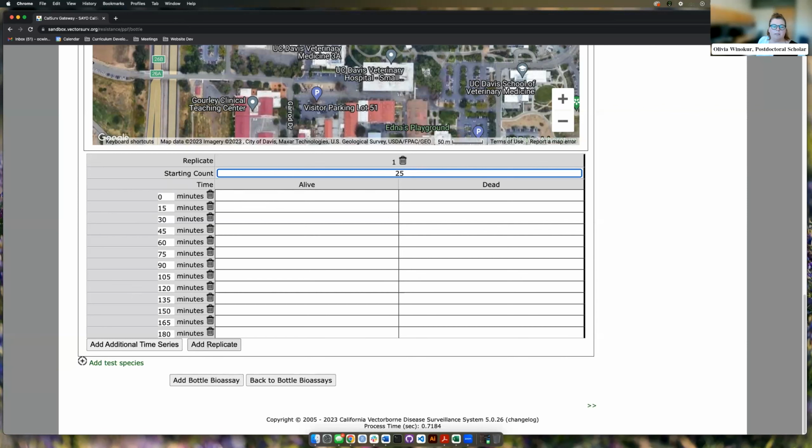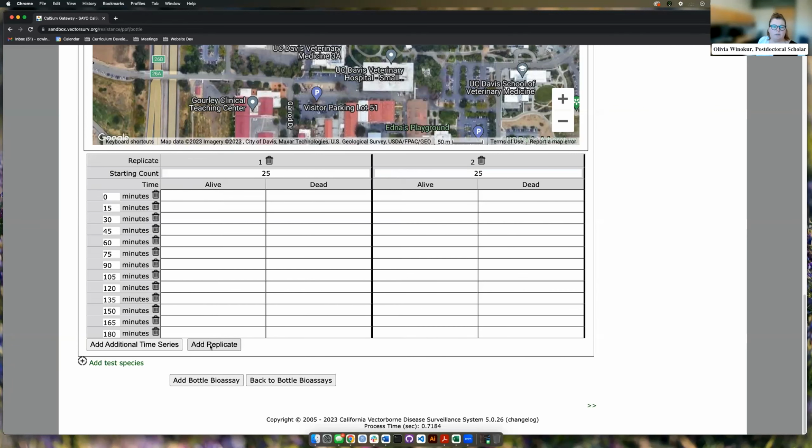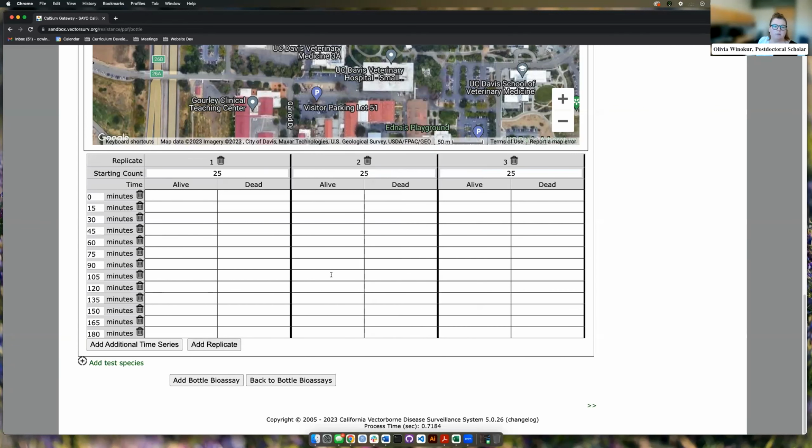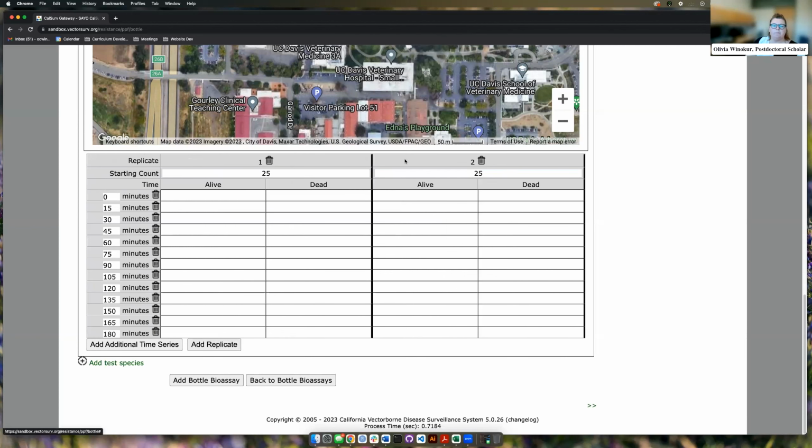We can add replicates here. Generally, you're going to do more than one. So let's say we're doing 3 replicates, or I added and made too many. We can delete that one. Just go to 2. This should be familiar to you if you do bottle bioassays. We will just start counting every 15 minutes what's happening in our